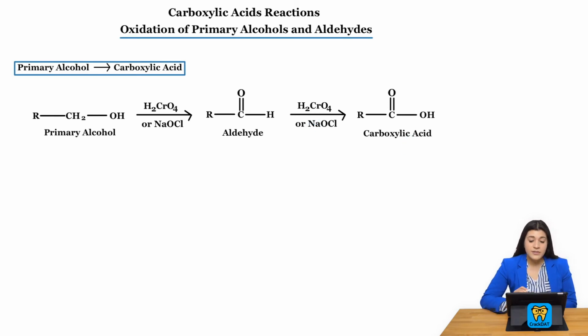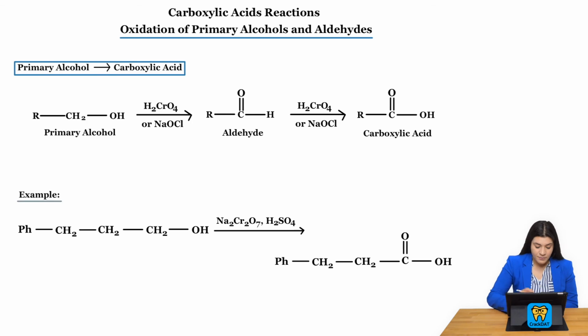Now, this specifically is the synthesis, meaning how we get to form a carboxylic acid. We can start off with the primary alcohol and then use either a weak oxidizing agent twice or a strong oxidizing agent once. So for example, we could have something like this, where this